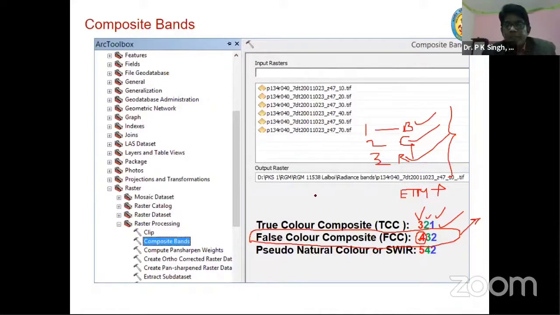Now my one simple question. See, this is for ETM. Accordingly, you have to choose bands if you are using different sensors. If you want to make true color composite using LISS-3 data, then what will be the band combination here? What should be the color combination?